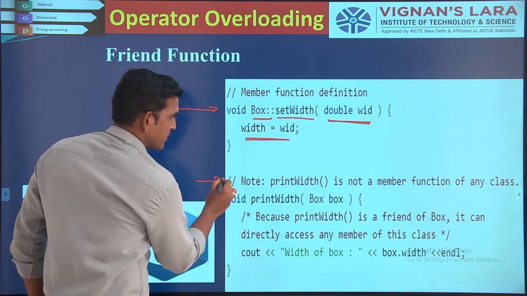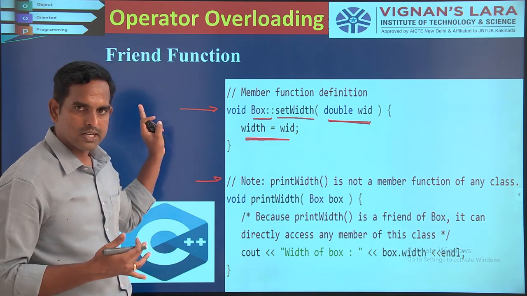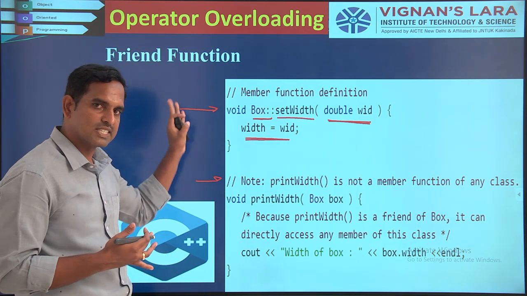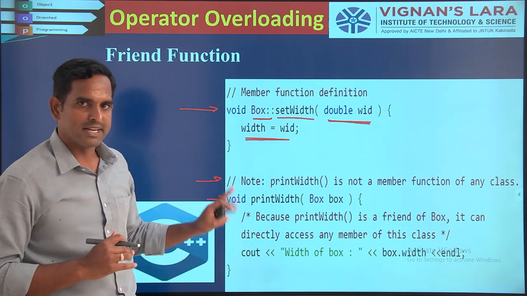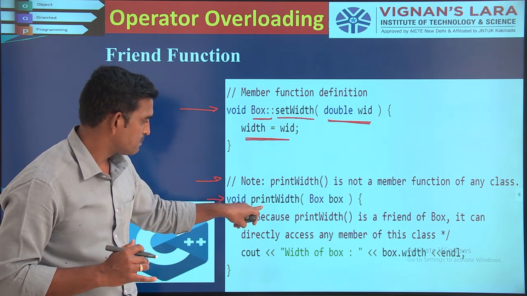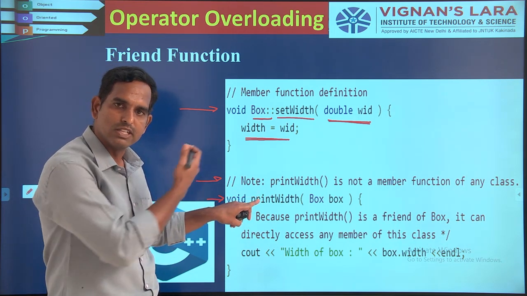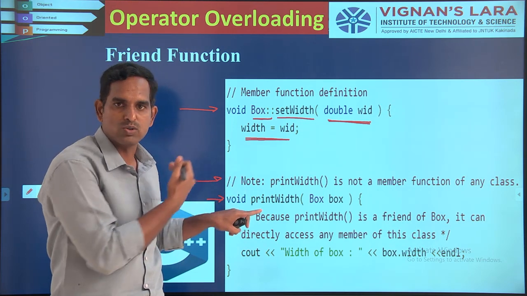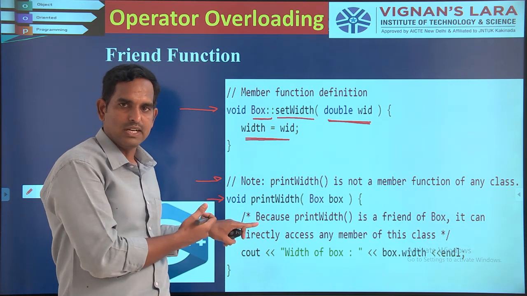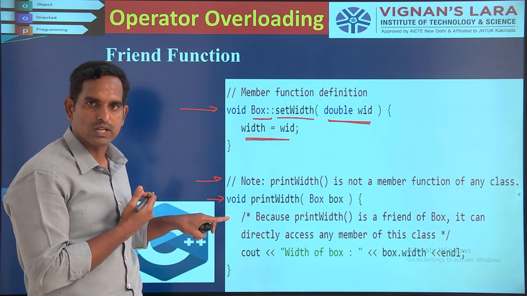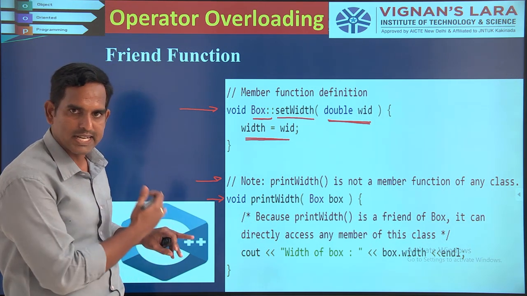The next thing is you are trying to define your friend function. You have declared, or given the prototype of, your friend function inside the class in the previous slide. Now you are trying to define the printWidth function. If you see, void, you are writing directly here. You are not specifying any scope resolution operator, even though you are writing this function outside the class. Since it is a friend function, you need not write the scope resolution. The friend function can be defined outside the class without any scope access. It can be directly defined.